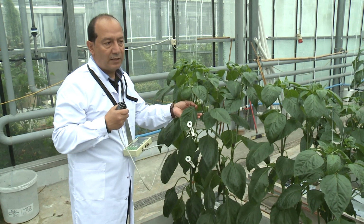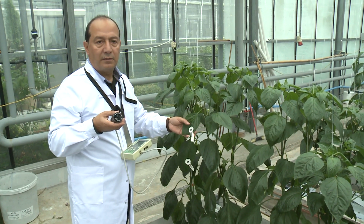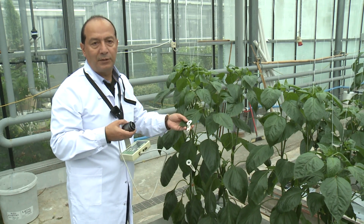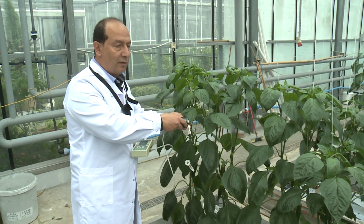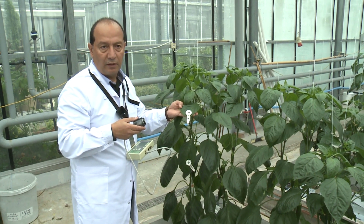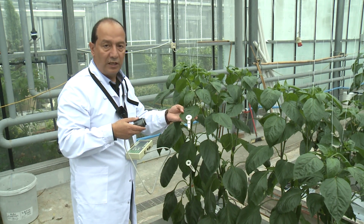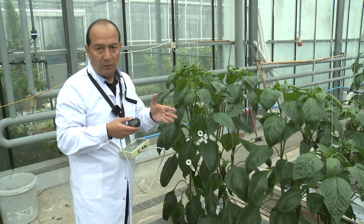The third way is that you can come out to your plants at night, where they are already adapted to the dark, and then you can measure all or any leaves you wish without the need for dark adaptation clips. So this is the most recommended way. However,